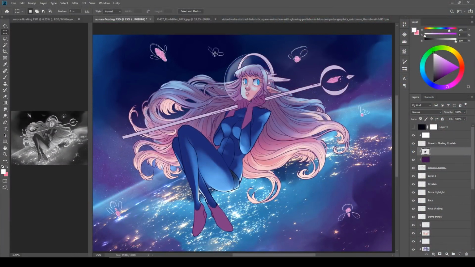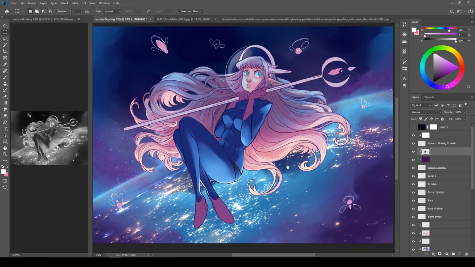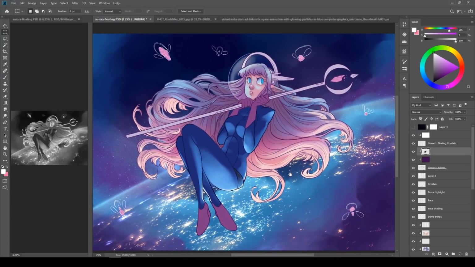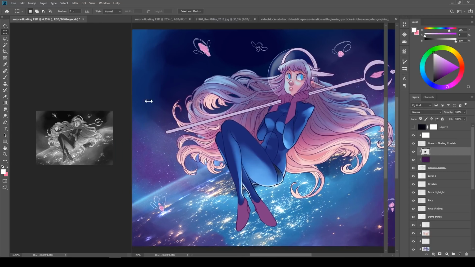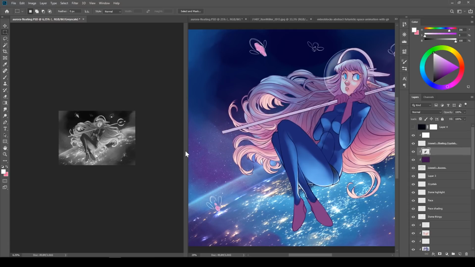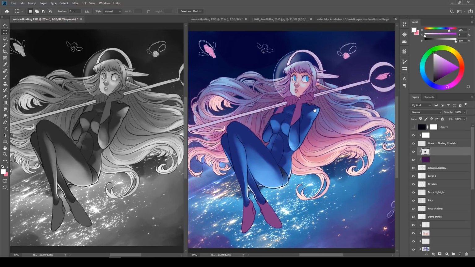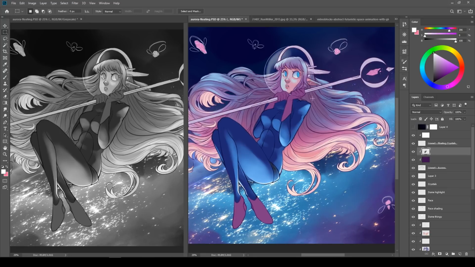So as you can see, I already laid down the flats and I started putting in some lighting effects and shading onto my drawing of Aurora here. On the left side, I have another instance of my file open with a grayscale applied to it. I like to work this way so I can keep an eye on my values at any time as I'm painting my drawing. I have a tendency to get a bit occupied with my colors and sometimes forget to vary